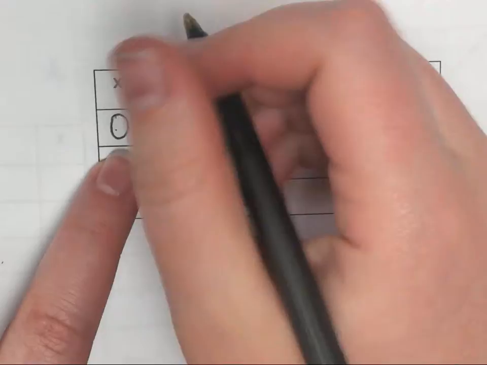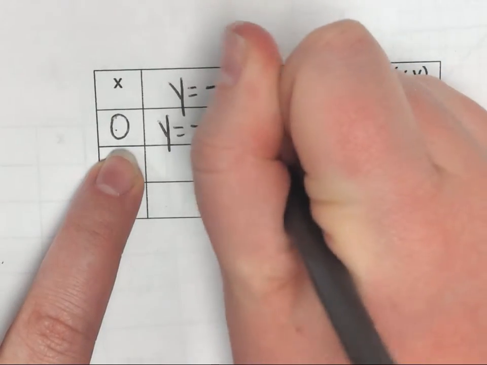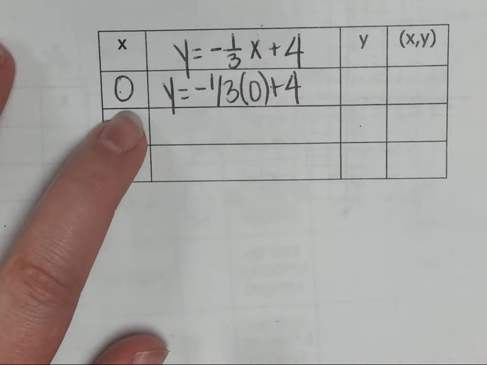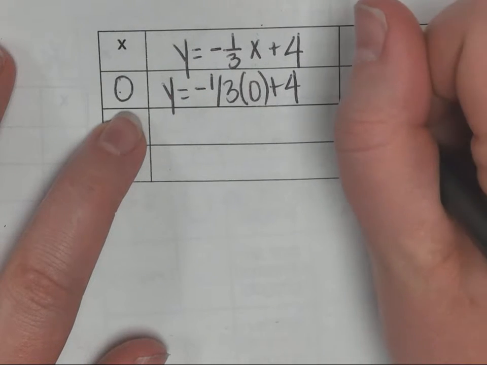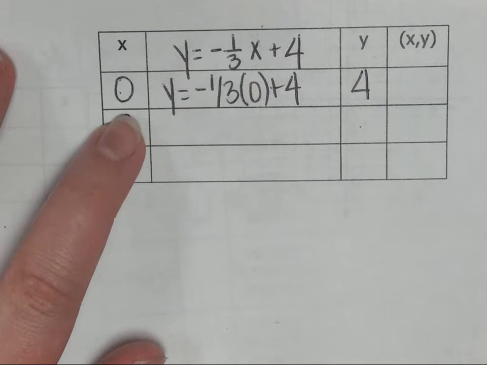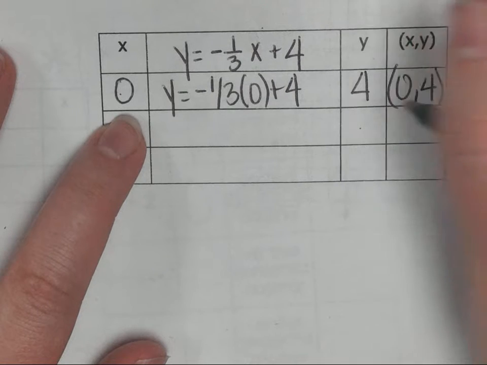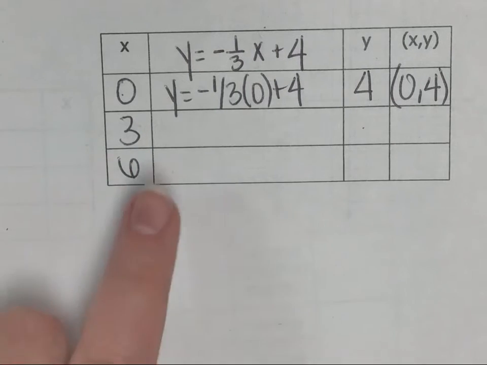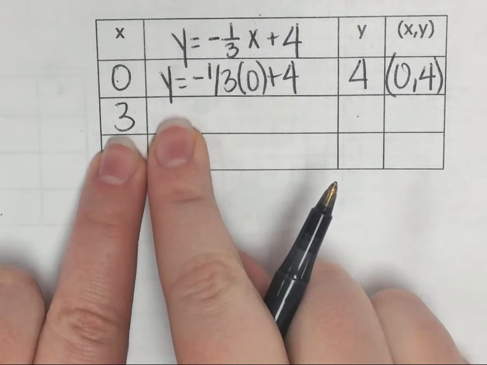Okay. I'm going to plug in 0 for x. So y is equal to negative 1/3 times 0 plus 4. What's negative 1/3 times 0? 0. What's 0 plus 4? 0. Or, I mean, 4. So the point is 0, 4. All right, then